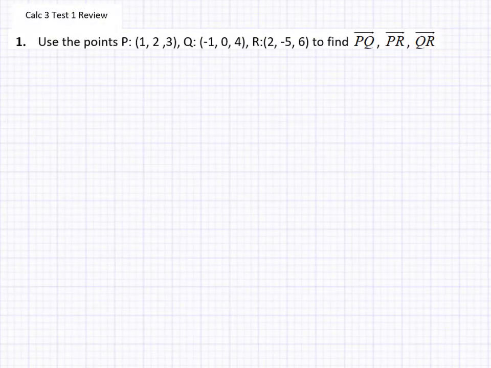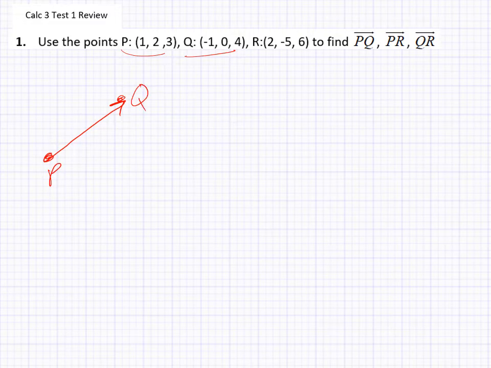Our test review for test number 1 in Calc 3. First thing we want to do is just create a couple vectors. So we got 3 points. We want to find the vector between those 2 points, or so on. So let's say P and Q. So you have point P, we have point Q. We're finding vector PQ,